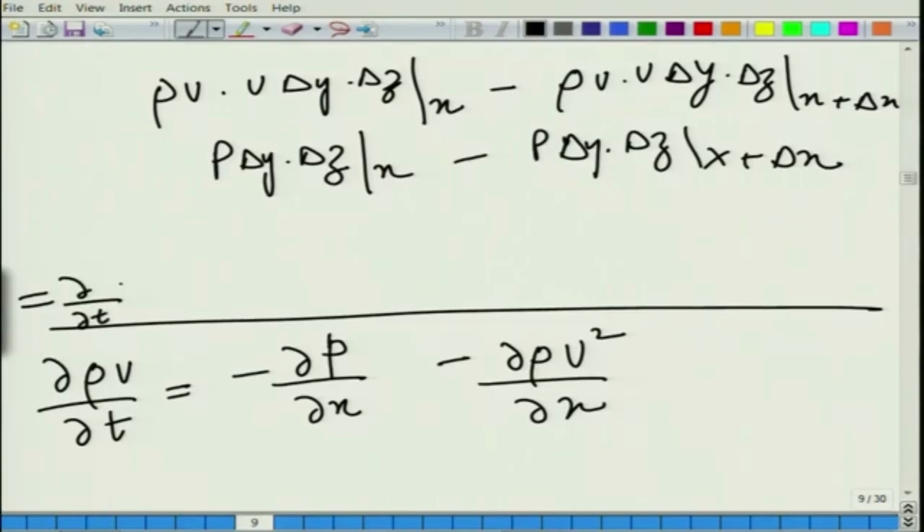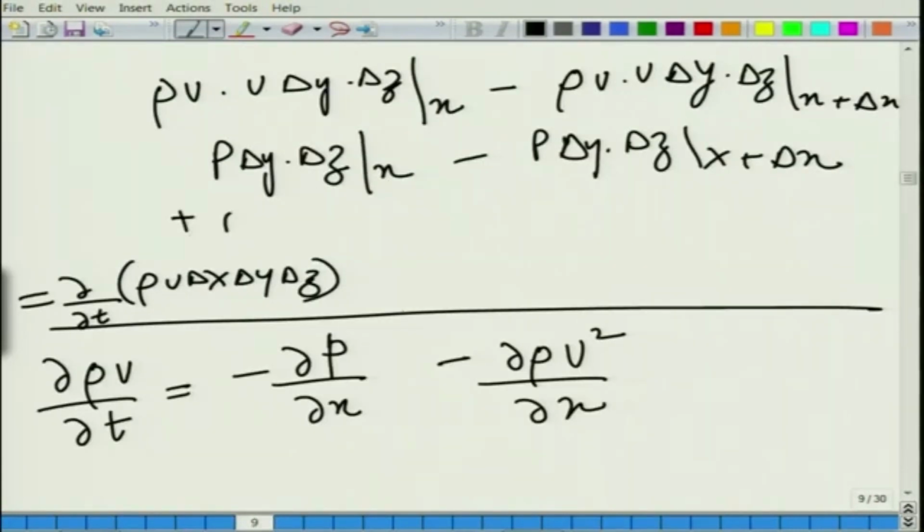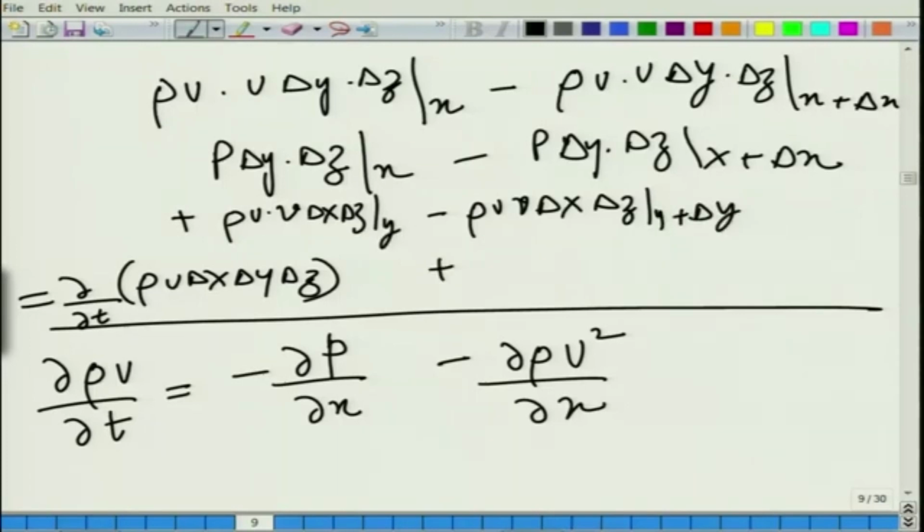So, rho u delta x, delta y, delta z, and to make some space for these terms, I will directly do the simplification, or probably I can write rho u into v into delta x, delta z, and this is your y term, y plus delta y, at z